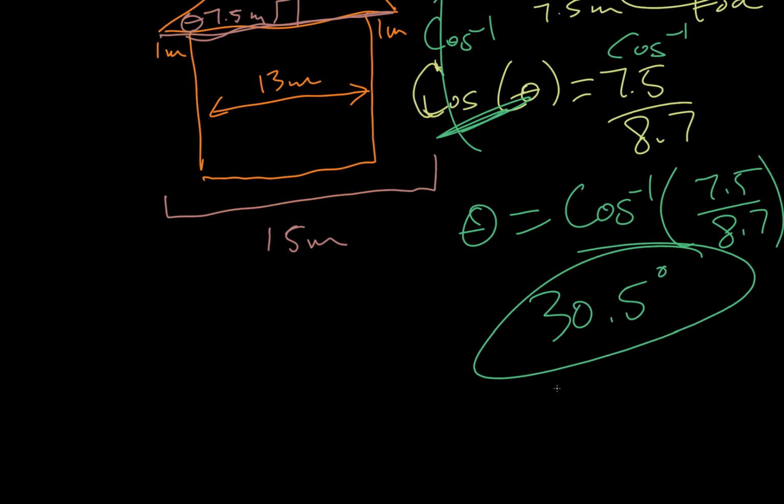Now we're going to move on to example 10. It says a rectangular prism